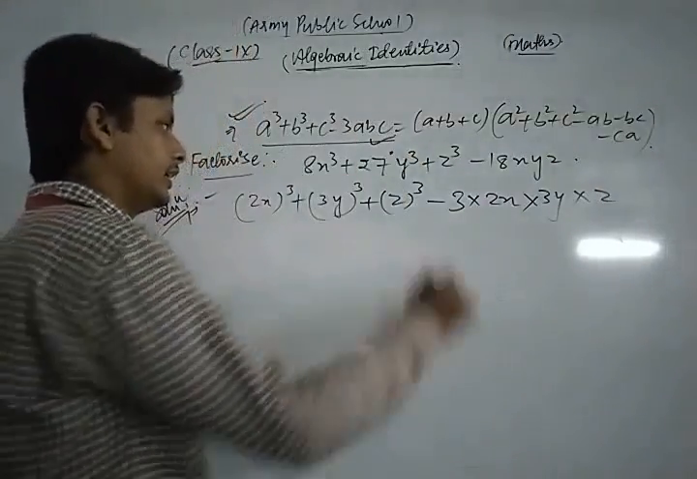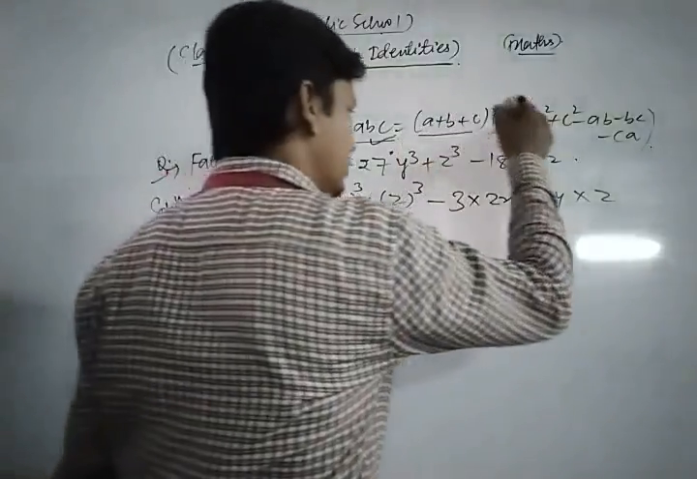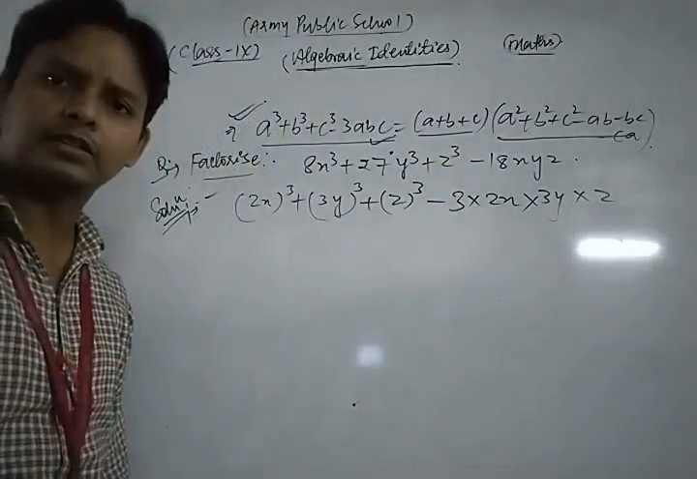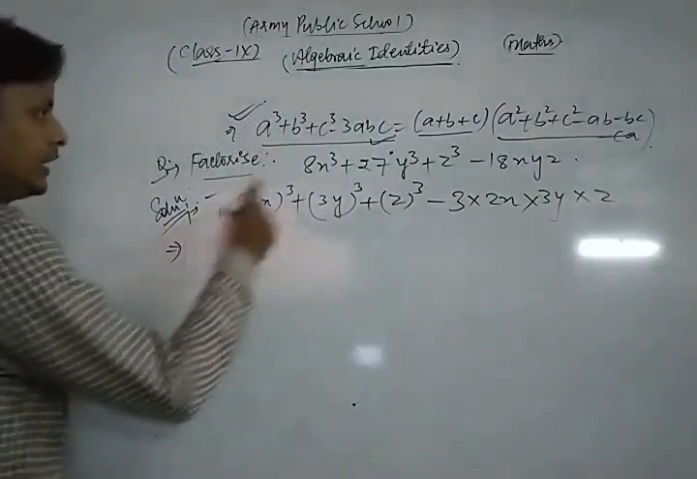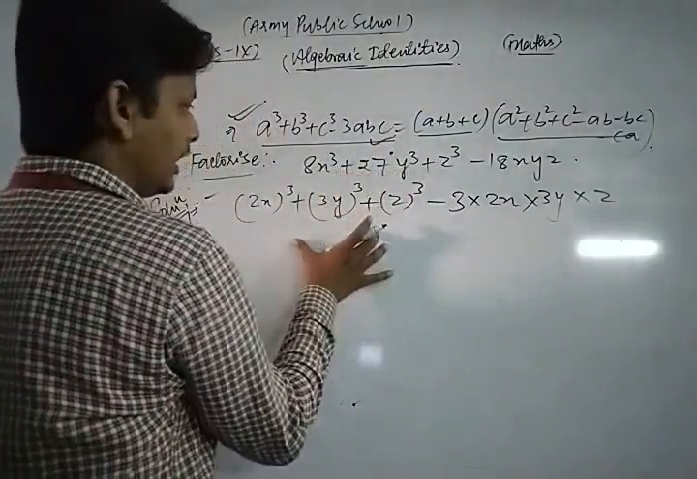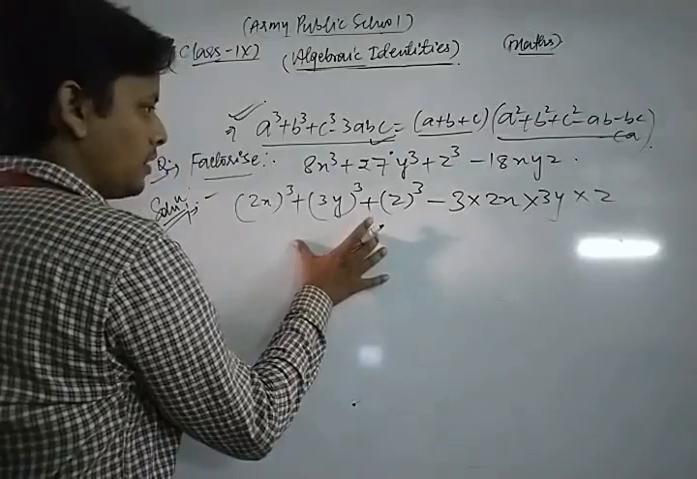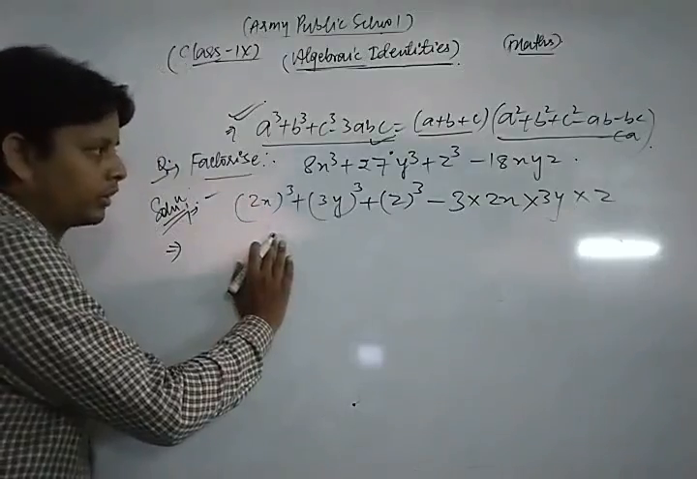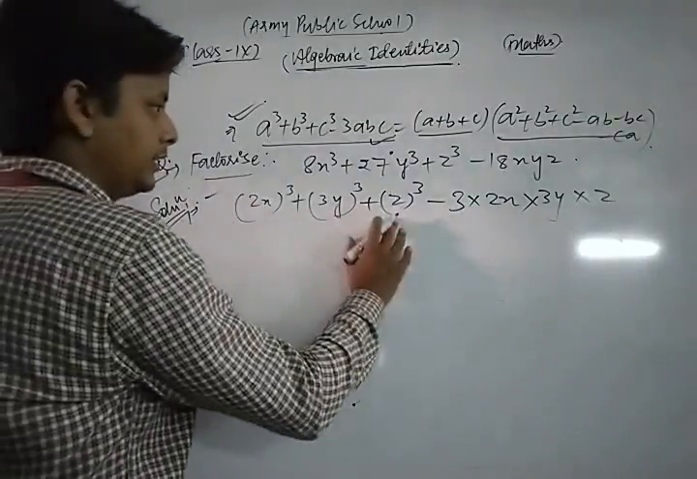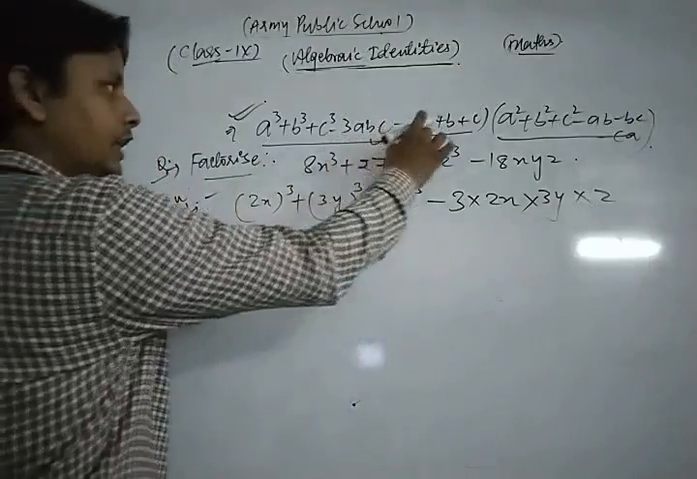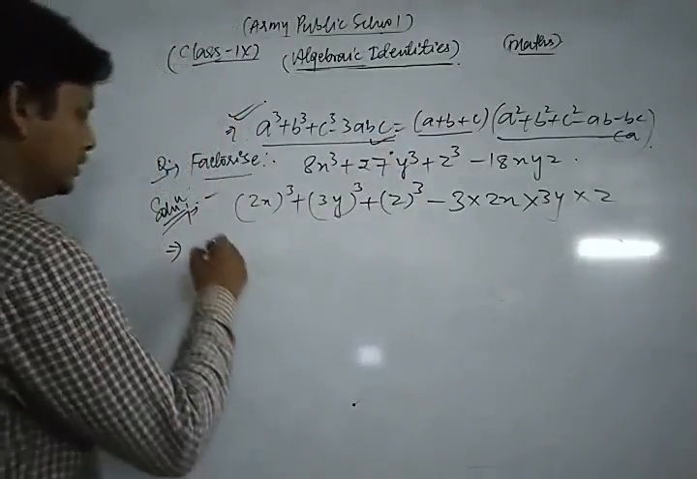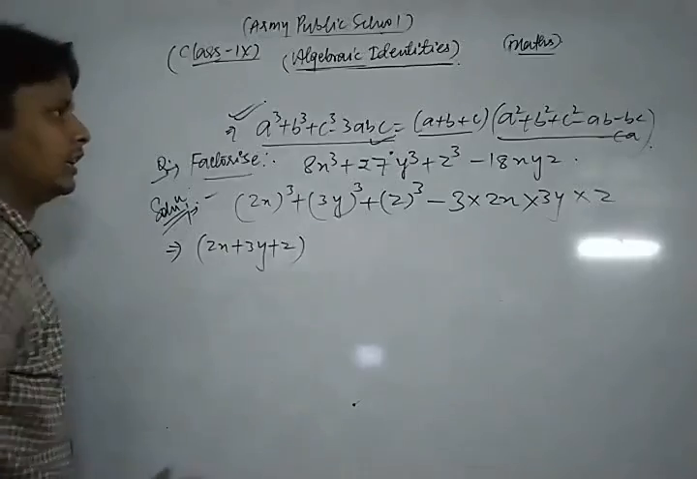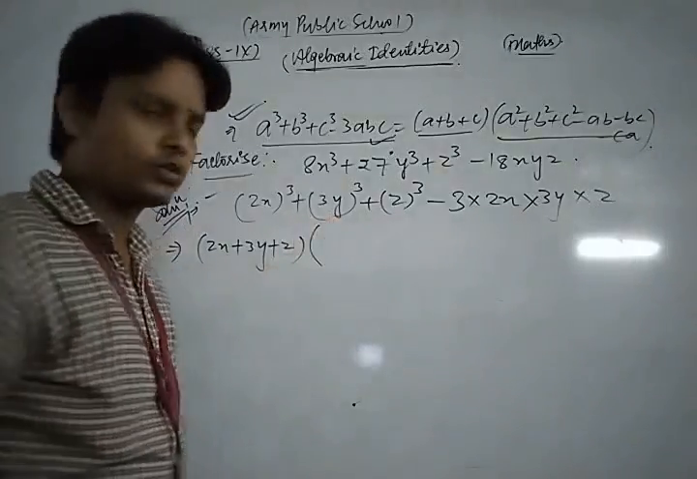So we can write (a plus b plus c) in one bracket, and in another bracket we can write a square plus b square plus c square minus ab minus bc minus ca. Now we can expand this expression based on this identity. So (a plus b plus c) in one bracket, and in another bracket this is a square